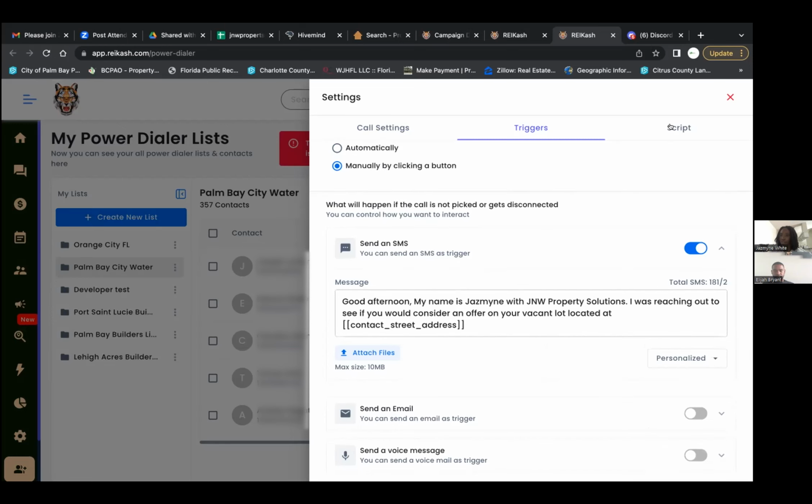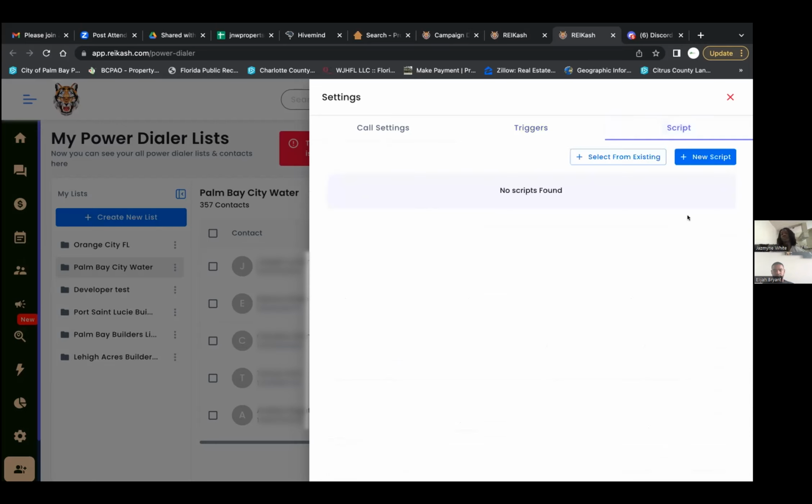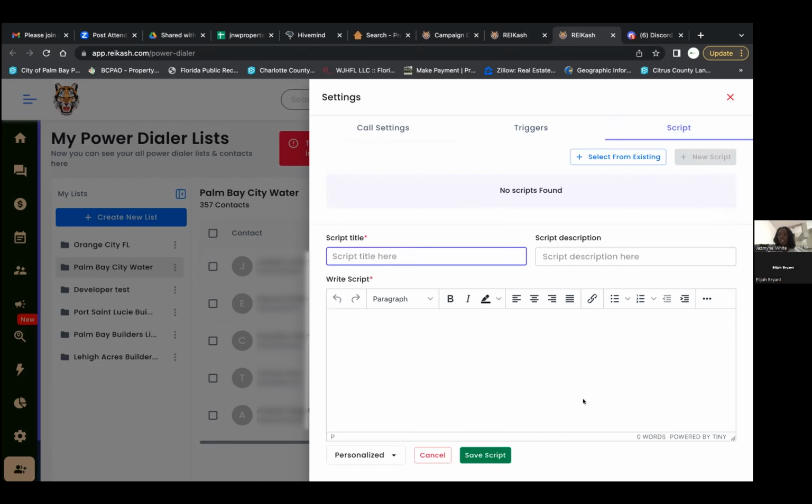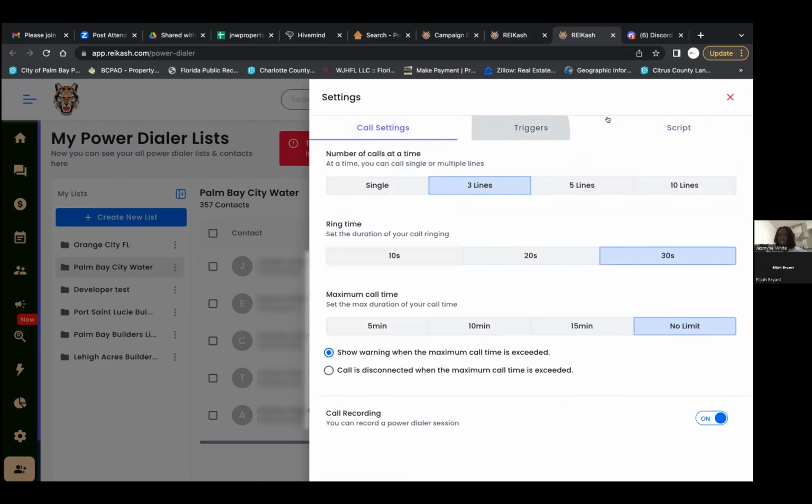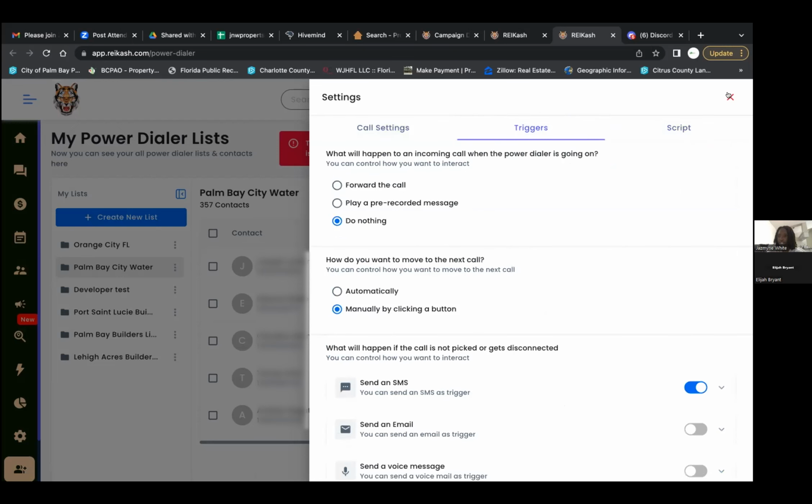And then next, I want to go over to the third tab where it says script. So this is actually very cool, guys. If you're using a cold calling script, you can upload your script right here to the system, right? So when you're cold calling sellers, once somebody picks up, this script is going to pop up on the screen so that you're not fumbling trying to look at your script on a piece of paper. It's going to be right there in front of you. You can name it, put the script description, and then put your script here and save it, right? So once you have all of your settings set for the campaign, you're ready to go, okay? So you can hit X,